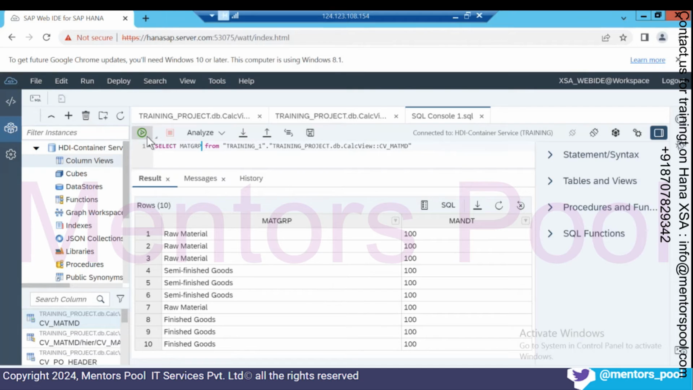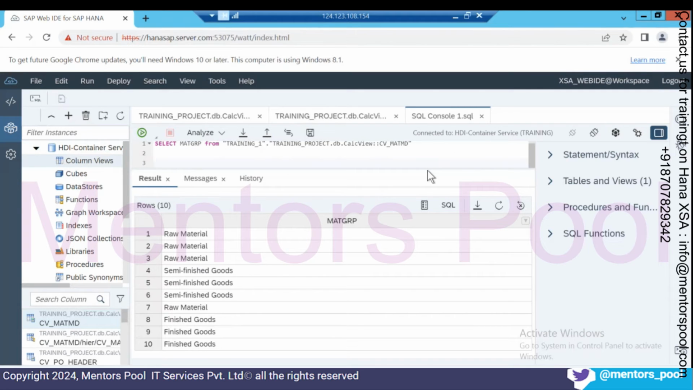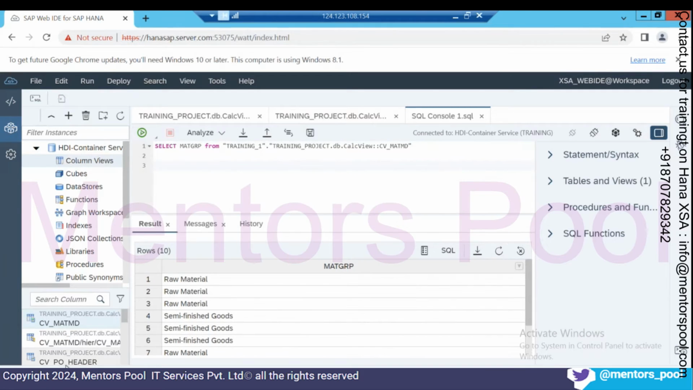So even if you select only the material group, it is giving you all the 10 rows as it is, right? So this is the difference when you say that the dimension calculation view does not have aggregation behavior, whereas the cube calculation view has the aggregation behavior. The same thing, let's do it in the cube. So let's select